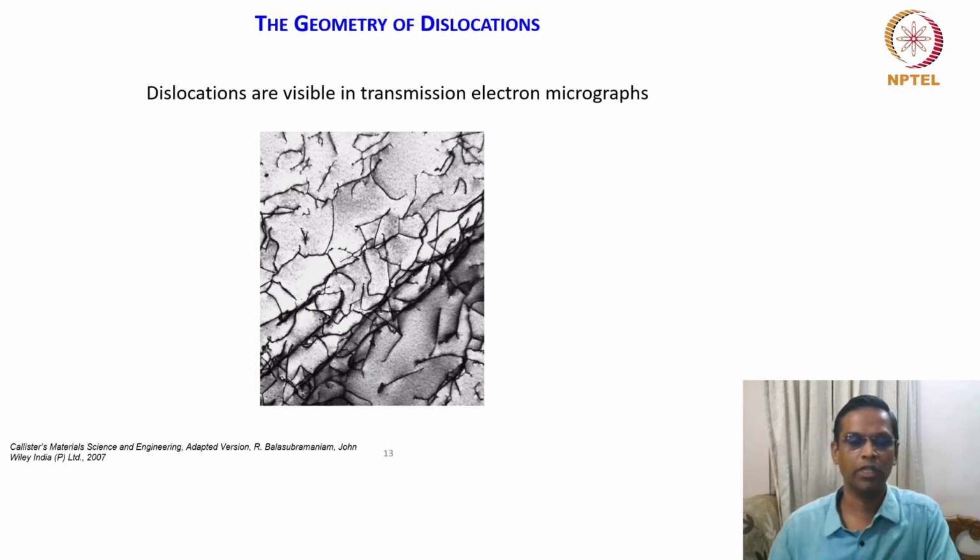For the time being, the message here is we can visualize a dislocation in a TEM to understand their behavior, or at least look at their morphology, density, how much, where it is formed, whether it is formed near grain boundaries, whether it is formed near any second phase particles or interface boundaries. It's very useful, at least, right? Whether you involve yourself in analysis of the dislocation, that's a different question. But at least we are able to see them.